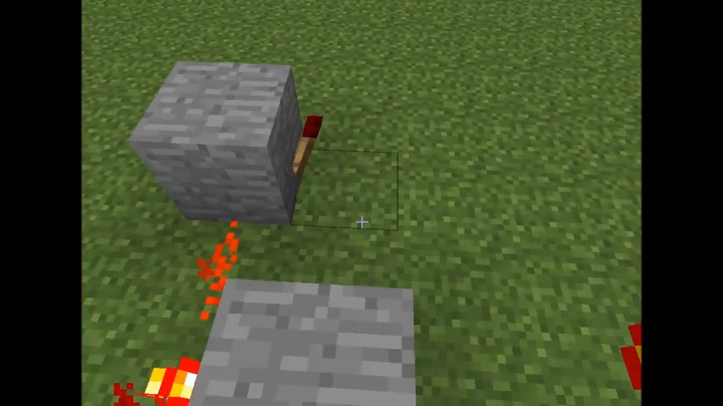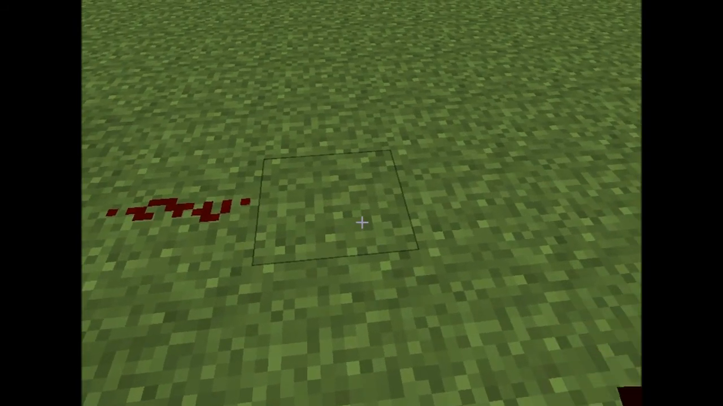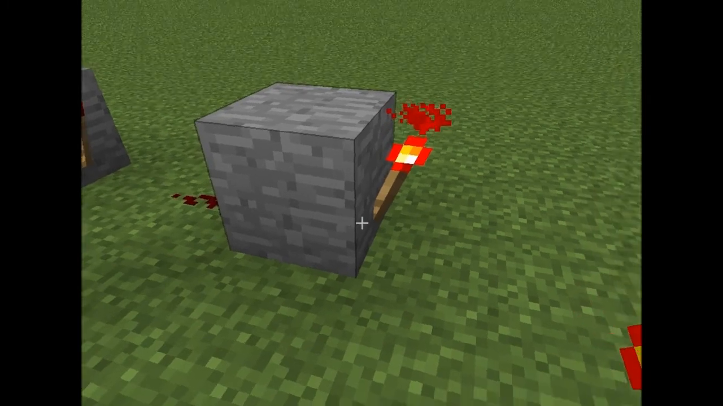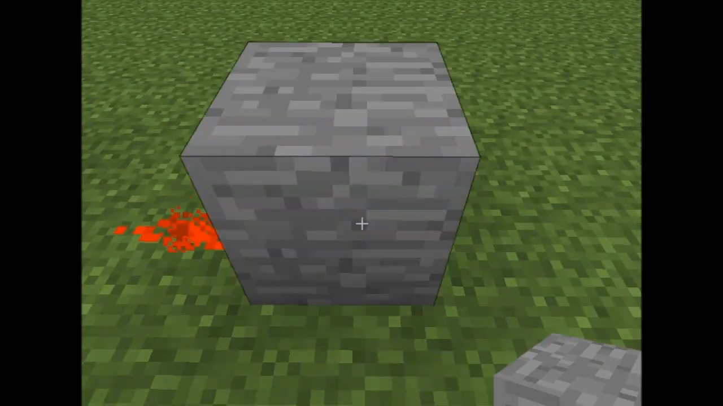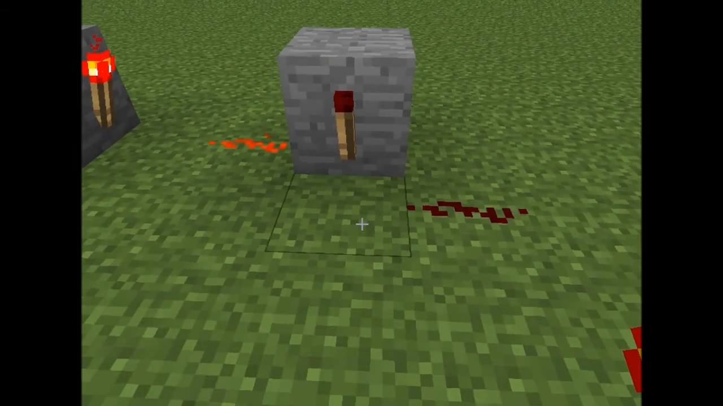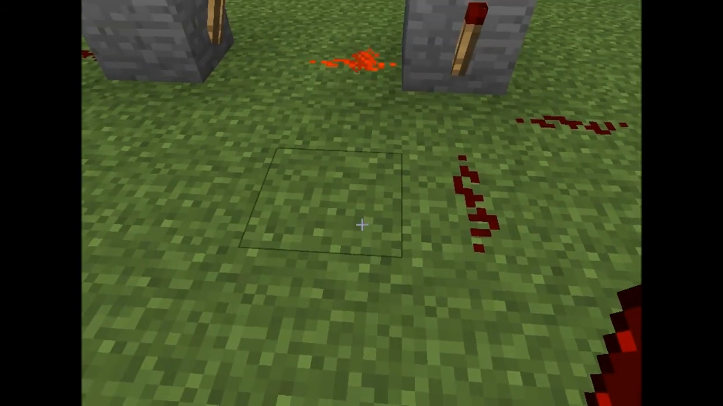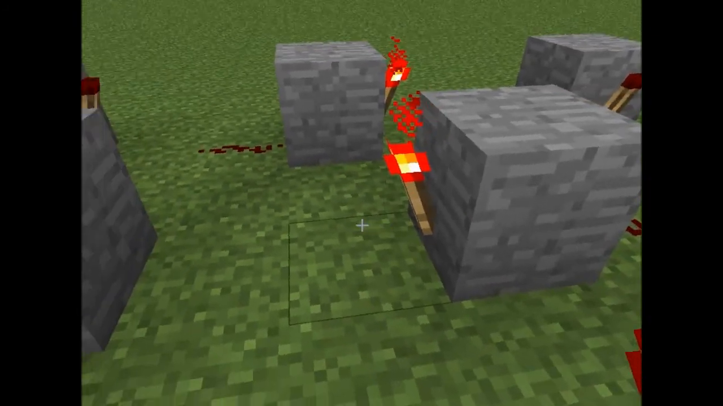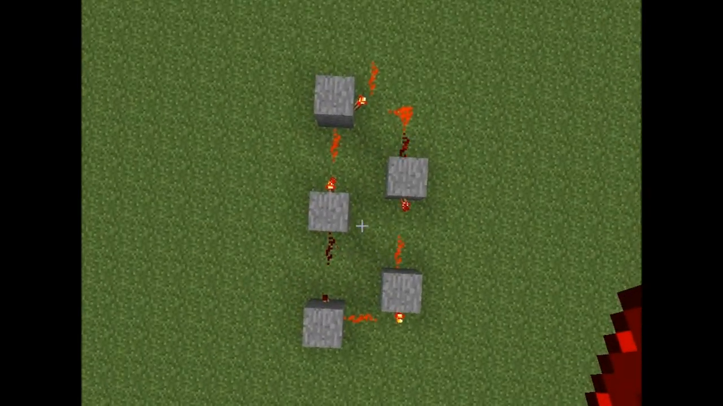Torch here, redstone here, block here, torch here, redstone, block, redstone, torch, redstone, redstone, block, torch, redstone. So as you can see, a current sort of goes in a circle,